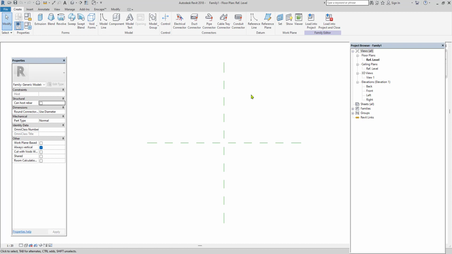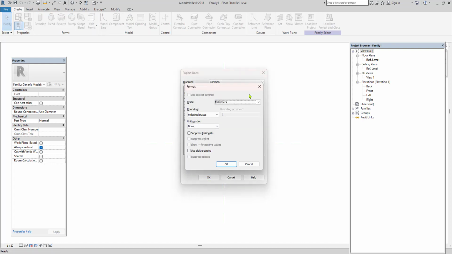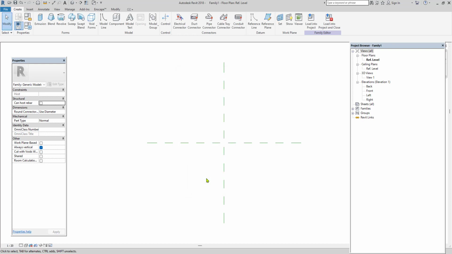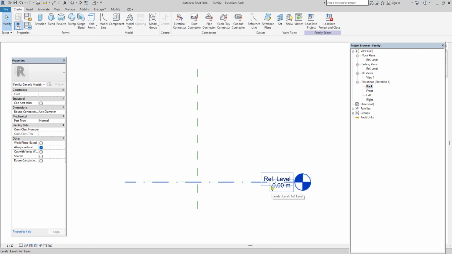Before that we have to set the basic step, that is units, UN, and by default we have mm. You can go with the required unit which you want to place, and change the decimal and the symbol. Okay. Next we have the elevations, that is back, front, left and right, because here we are going to create a particular object, not the project. For the project we normally have left, front, back, right views. You can double click and check the elevation. By default we have one reference level. You can add two or more reference levels with the help of the reference line.